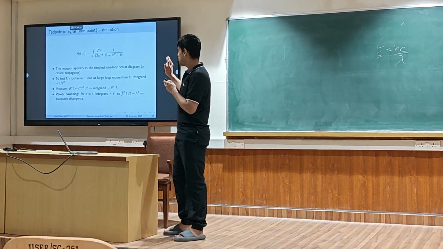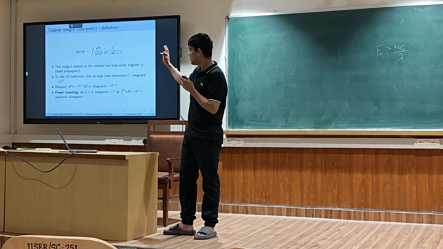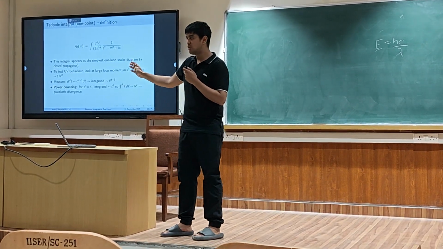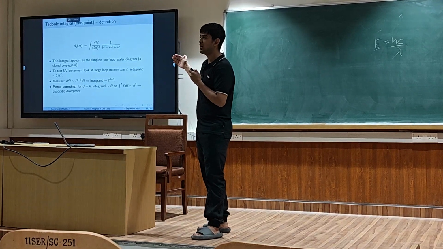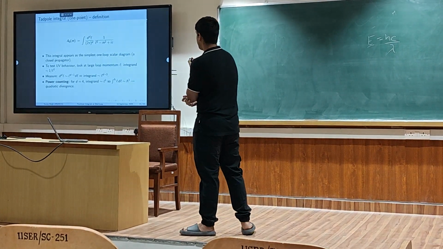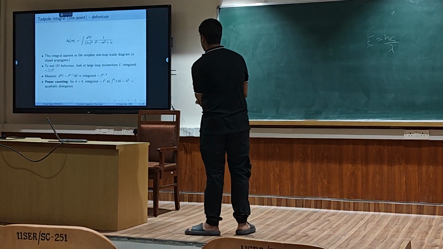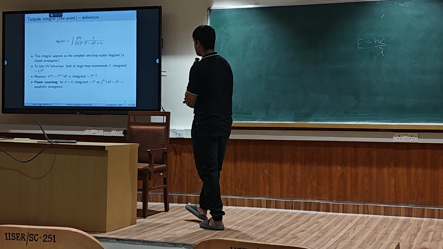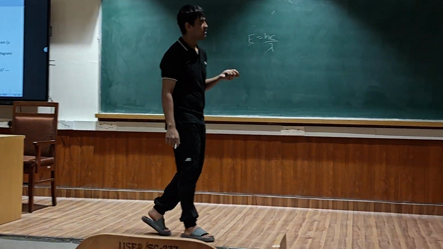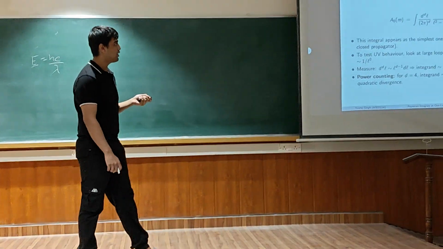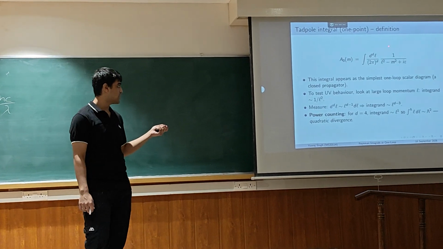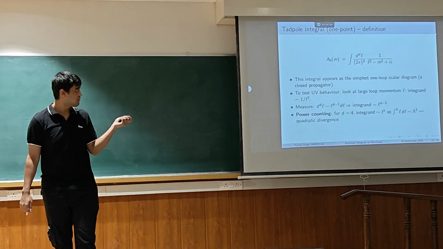This is the simplest case. We just want to see how beautifully those infinities arise and how we are able to separate them and reduce them to a form where we can use it to find an observable. So here we have our tadpole integral. Let's say for a large momentum case, we see the denominator m square term is very small, so we have 1 upon L square in our denominator. This is Minkowski space-time. We do a Wick rotation and convert this to Euclidean space.